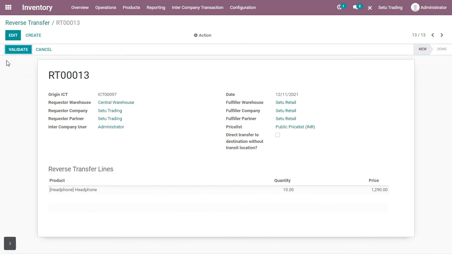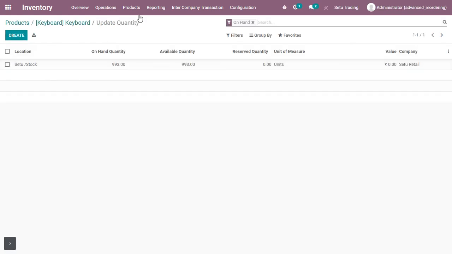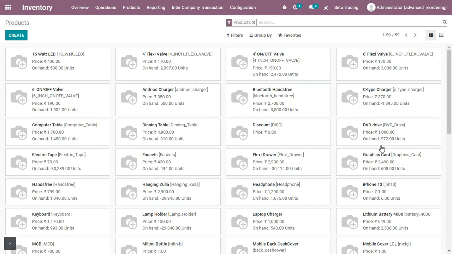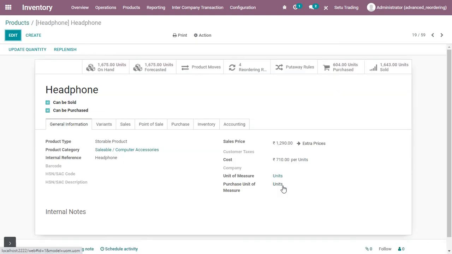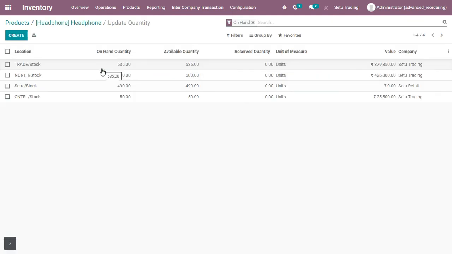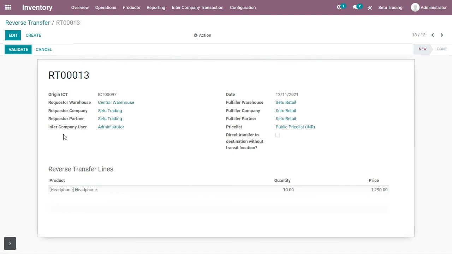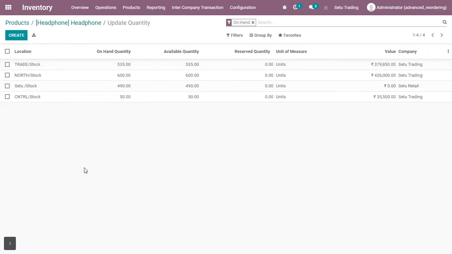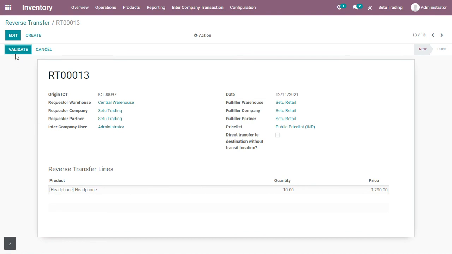If I switch back to products again, under products menu, next let me select product, that is headphone, and go to on hand quantities. So you can see that if I switch back to this reverse transfer, then what actually is happening, headphone with 10 quantities were replenished to this central warehouse. So let me switch to products in this headphone and see that total of 50 quantities is available in central warehouse. So if I validate this reverse transfer record now,